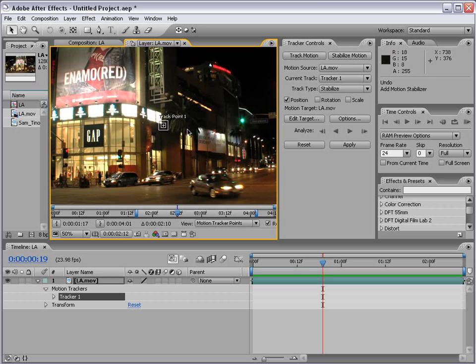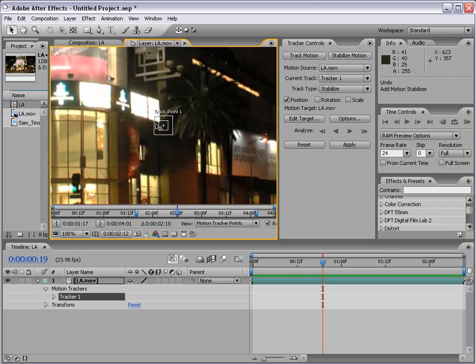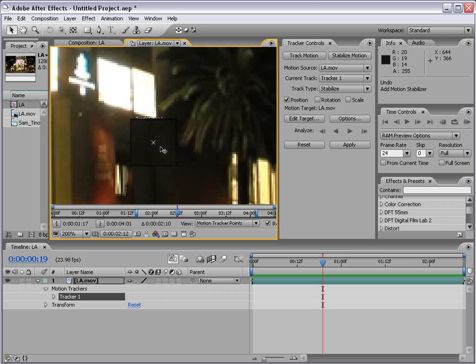And what this does is creates a brand new track point. And what we can do with the track point is click on the inner square and move it around. Now a track point is made up of a few things. The inner square is the track area, which means what to search for from frame to frame. Now the outer area is the search area. So if you have a shaky shot, you want the search area to be large enough so that from one frame to the next, your track area can be found. Now, if you make the search area too large, motion tracking can take a lot longer and be more inaccurate. So you want to make it as small as possible, but be able to search enough of the area to